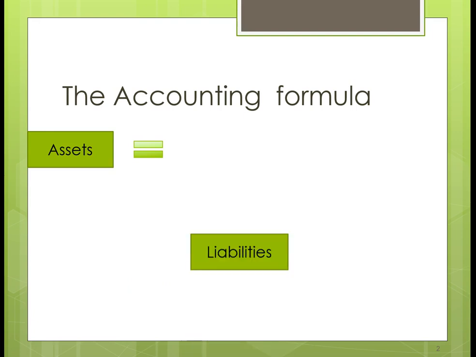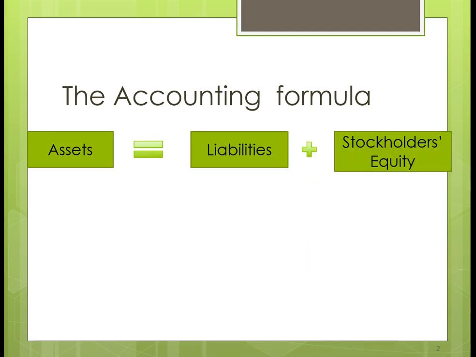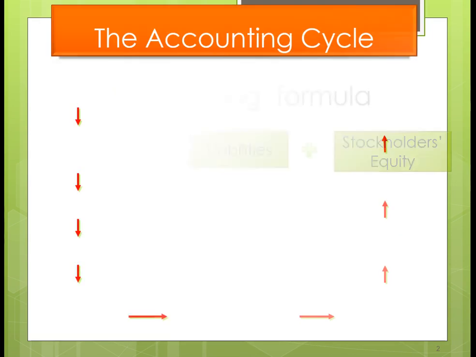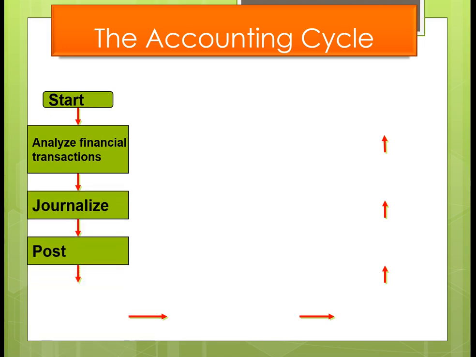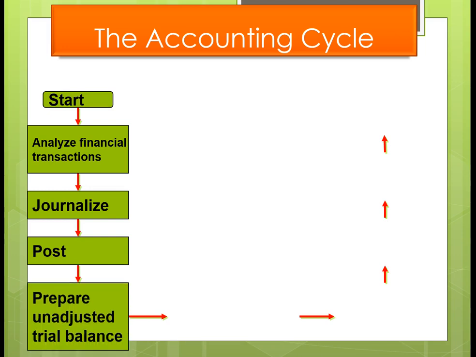You need to memorize the accounting formula, or make sure you memorized it, which is assets must always equal liabilities plus stockholders' equity. You also need to remember the accounting cycle. You start with analyzing financial transactions associated with the company, then you journalize, then you post in the general ledger, then you prepare an unadjusted trial balance. You mainly do this to see if your debits equal your credits, and to analyze the accounts themselves, because